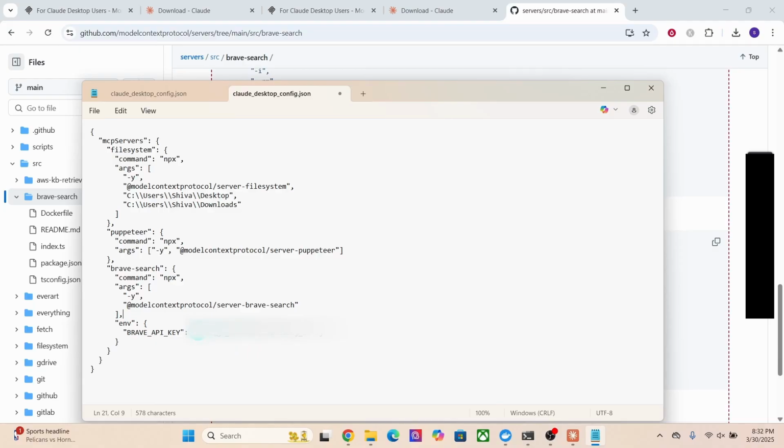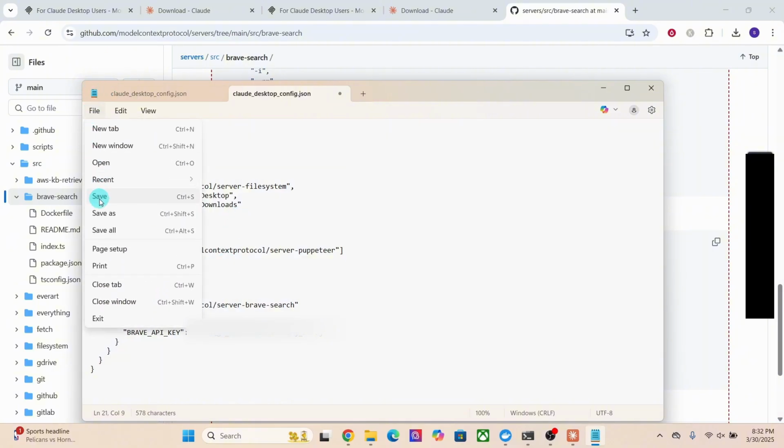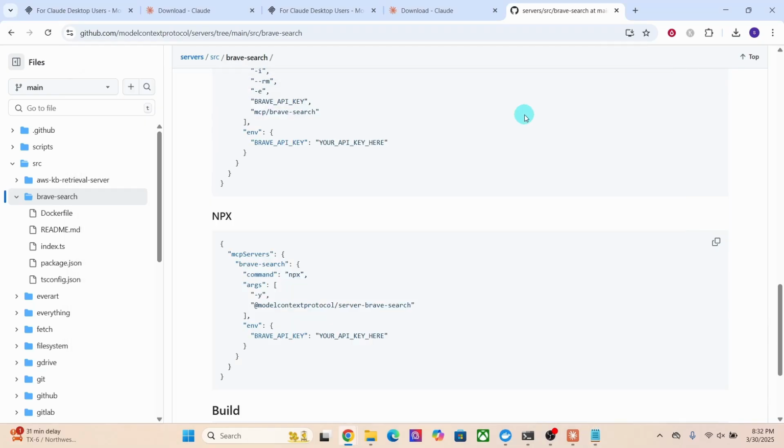Paste the API key here in this field. We have added all the three MCP servers. Click on this file option and then select save button. Remember that Claude needs to be restarted every time you modify the configuration file for the changes to take